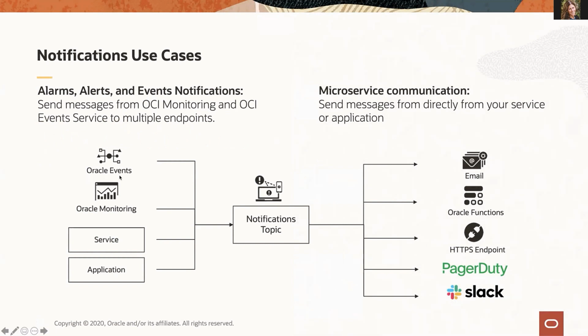So events, monitoring, your own function applications or functions publish alerts, and the notifications topic collects them, and then distributes the event either to emails or Oracle functions, or sends it to an HTTP endpoint, or PagerDuty or Slack. So emails, PagerDuty, and Slack, that would be to notify